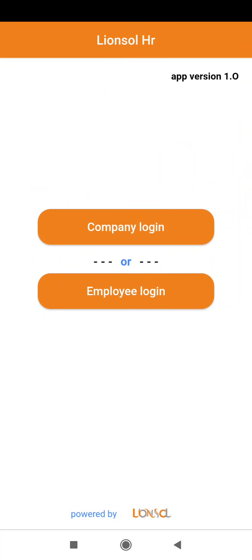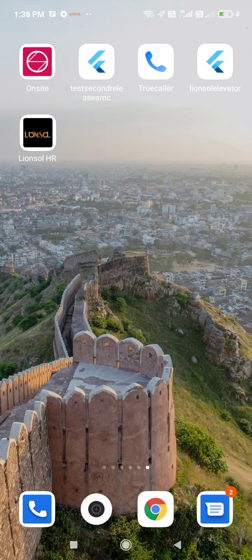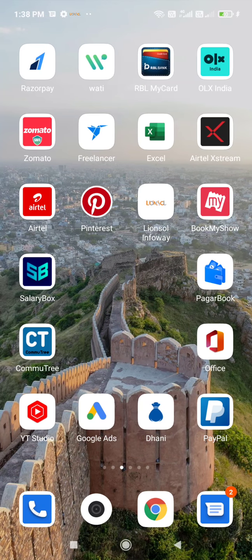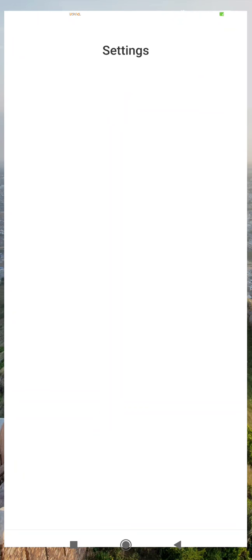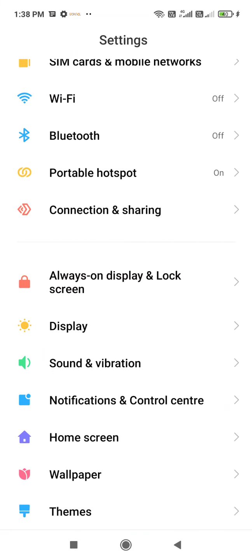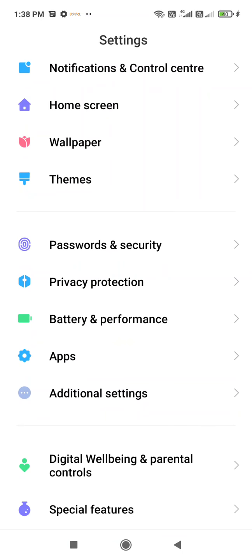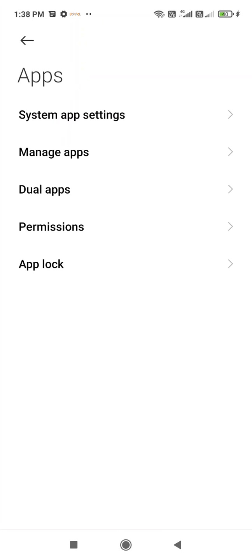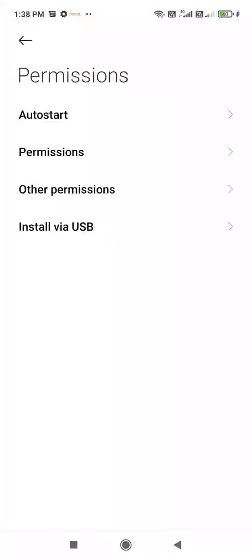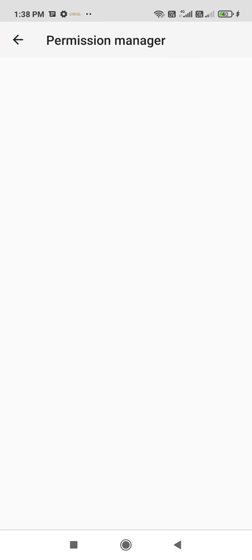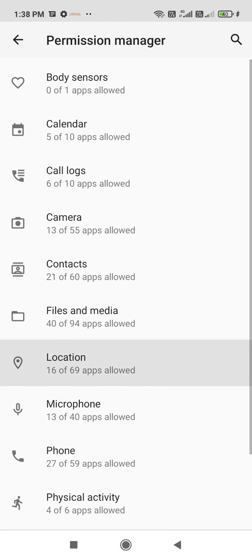And how to disable the location permission? I am going to settings, apps, permission, location.